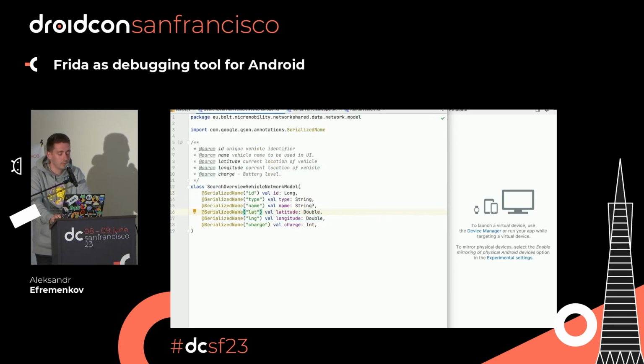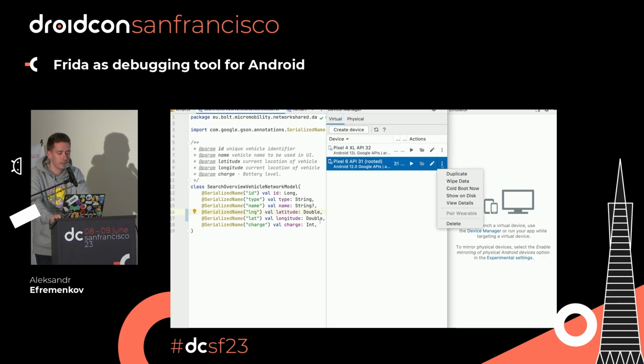So first, let's just swap the latitude and longitude. We will just create this. It's easy to invent bugs, right? Okay, so, and what do we need to do next? We need to